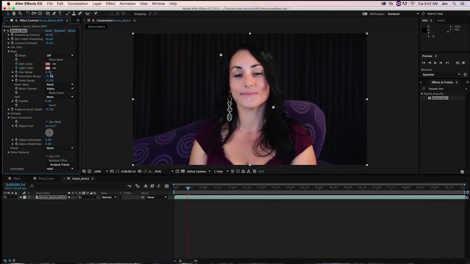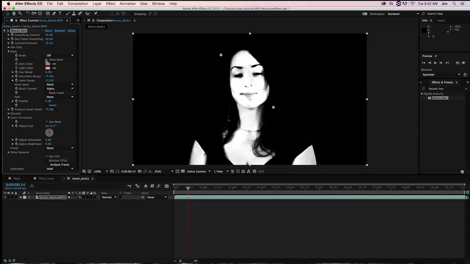So what I'm going to do is show our mask. Now the way that a track matte works is that it's taking the luma values or the alpha channel values in a clip, and it's telling underlying layers to ignore the alpha channel or ignore the black in a video. And that's actually what we're going to do with our model here. We have this ideal candidate for a luma matte,